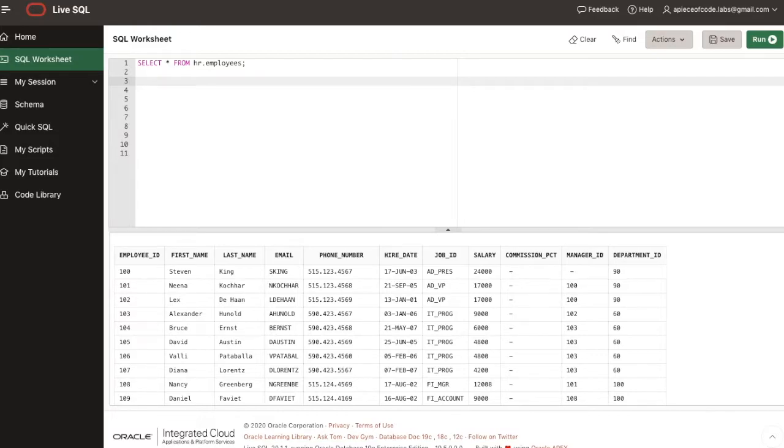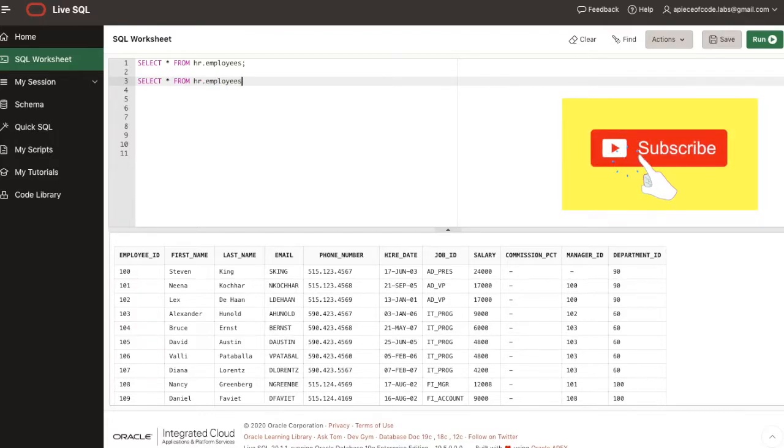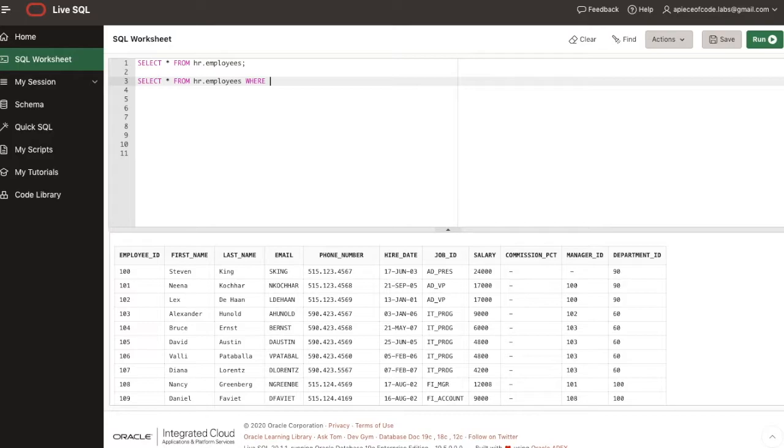This time I want to use the first name column, and I will select the entire table from the HR database employees table, and I'll say where, for example, first name